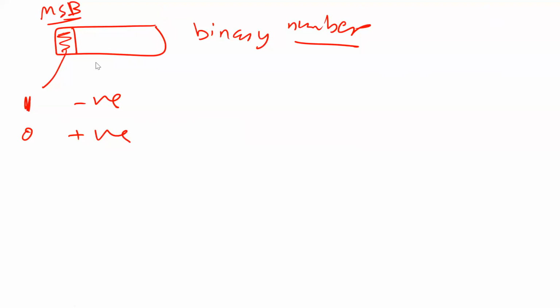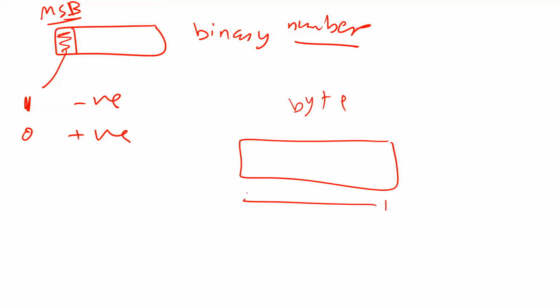Anyway, as I told you, if you have a binary number like this one, and I tell you this number is signed, all you have to do is look at this bit, the most significant bit. By the way, let's agree on this also. Listen to me. If you have a byte, how many bits do you have? You have 8 bits. The first one, I'm going to say bit number 0. So the last one should be bit number 7. We count from 0 to 7. Is that okay, guys? So when I tell you bit number 0, I mean the first one. That's what I'm going to do in this whole course.